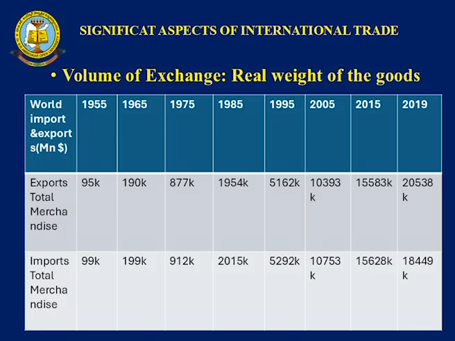This real weight of the goods you can observe from the table, and my dear students, let me tell you that these digits are changing, because academically these digits will change. I have given the digits from 1955 to 2019. If you observe this table, what do you understand? The volume of exchange of trade has been remarkably increasing from 1955 to 2019, isn't it? It will include the real weight of the goods.